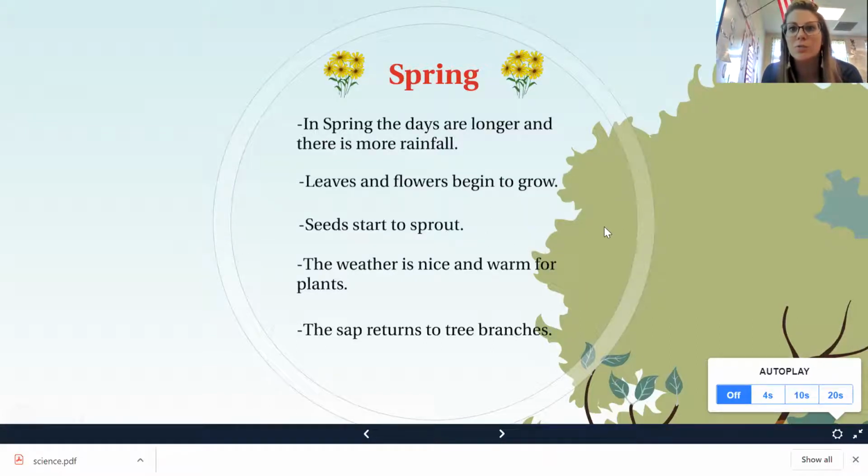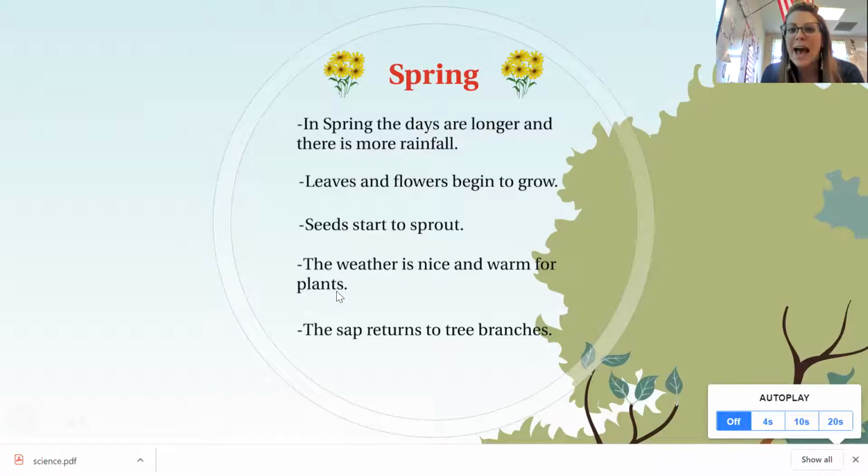Seeds start to sprout. The weather is nice and warm for plants. And then the sap returns to tree branches. So I'm going to give you a hint. There were two good ones that you should have written down for spring. Okay? And if you don't have them written down, at least you had them in your mind. So when we fill out our graphic organizer in a couple minutes, you will be able to do that with me. All right, so moving on to the next season, my favorite,